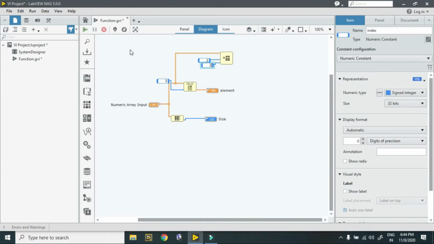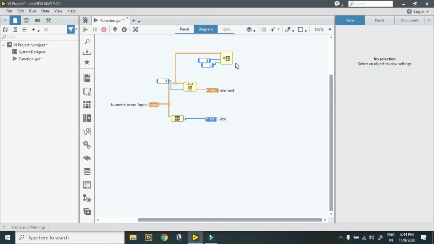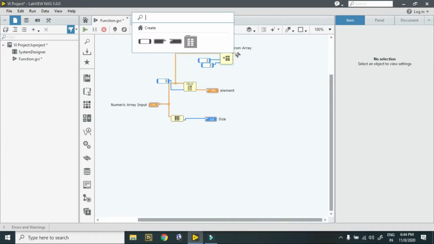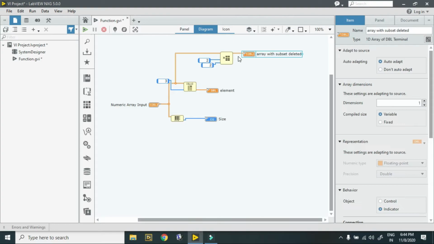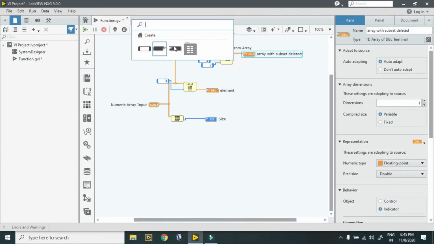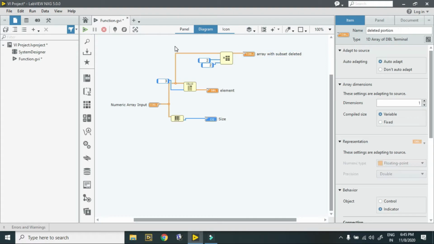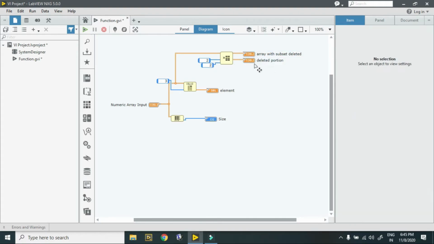So again it is 2. After the run operation, it gives me the deleted part, and this gives me the deleted portion, and this gives me the remaining portion of the array.